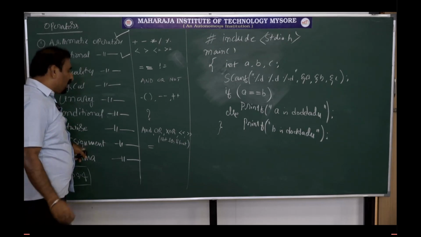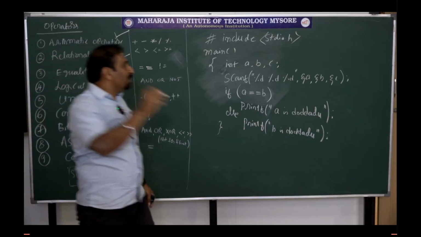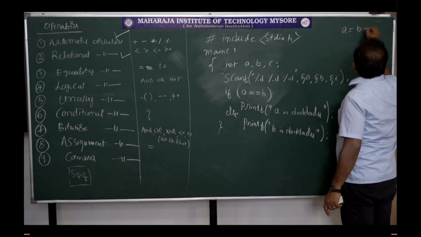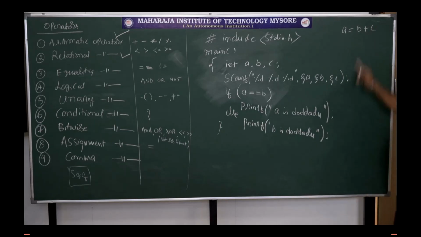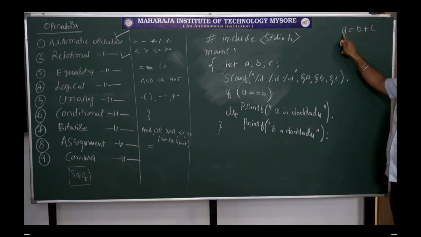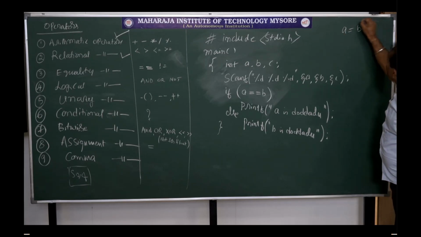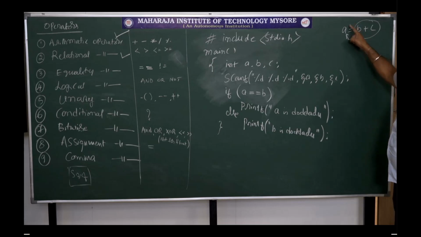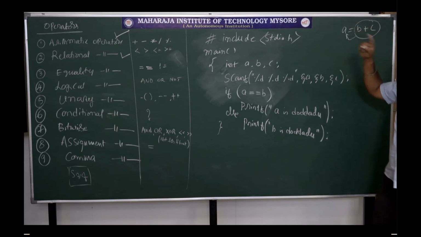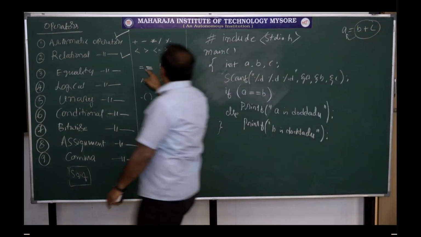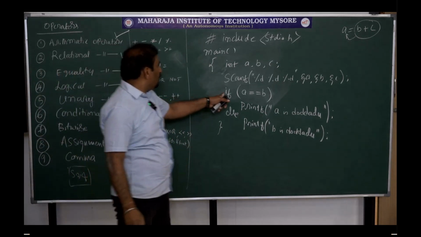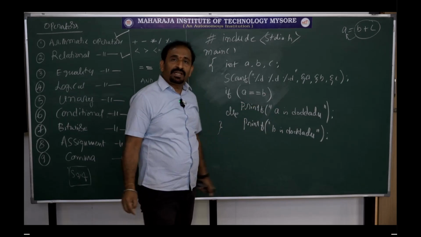assignment. In this assignment, I have an equals. And you can make out from this: A is equal to B plus C. Here I am doing assignment. So B and C are added and the result is stored in A. So the equals is used for some other purpose. That is why double equals are used for conditional checking. For conditional checking, I am using if A is equal to B,